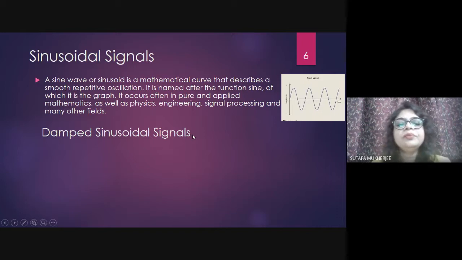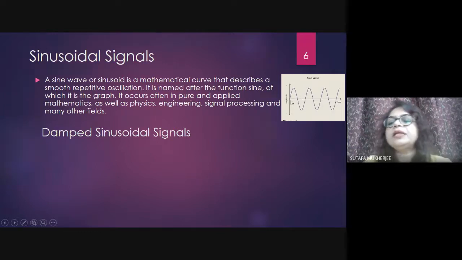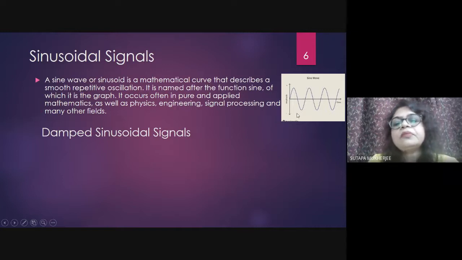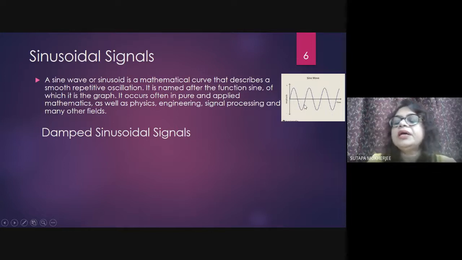Okay, thank you. Now come to the damped sinusoidal signal. From our idea, sinusoidal signal is like this. If I consider a sine wave at the point 0, this will be without any damping; there is no change in the amplitude if I go from 0 to infinity. So how can you get a damped sinusoidal? Definitely there will be a damping factor that will damp the amplitude of the signal. What is your idea? Can you tell me a particular function or signal that will be the reason for the damping of a pure sine wave or pure cos wave?